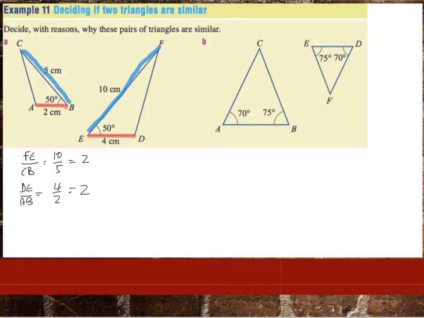So we can see that two ratios, so that is a side, and then it must be the included angle. Now is this the included angle that they give us? Is that the included angle? I am pretty sure it is, and they are the same, so I can say yes, they are